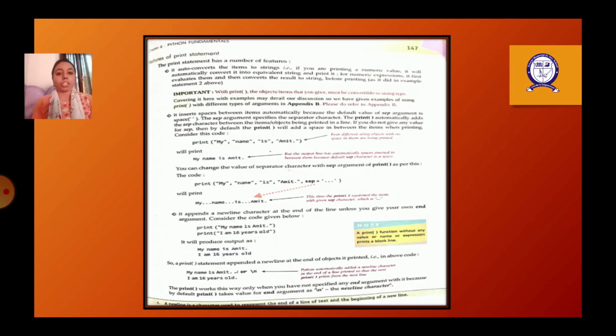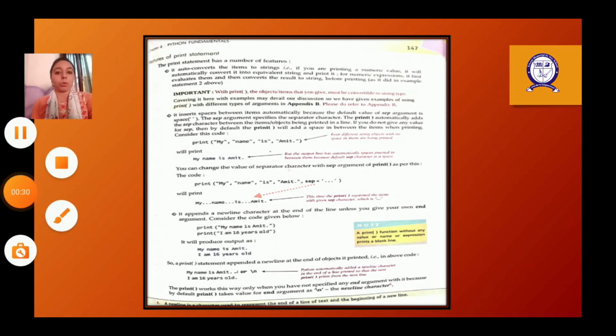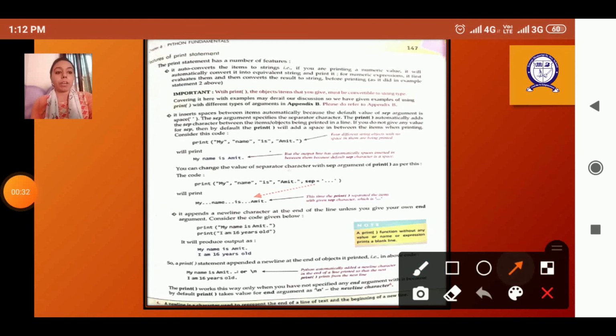The print function is basically used to give the output on the screen, and when we give the output with the help of print, suppose we are giving 5 print statements, all the output will be on different lines. Along with that, if we want the output to be on the same line, we have to give a particular separator, and whatever we have given as a separator comes after that statement.